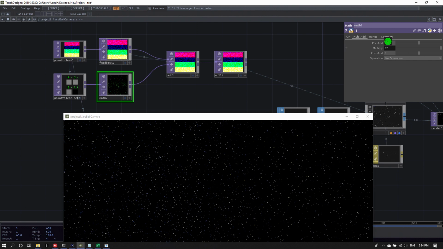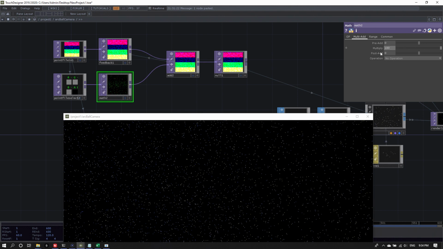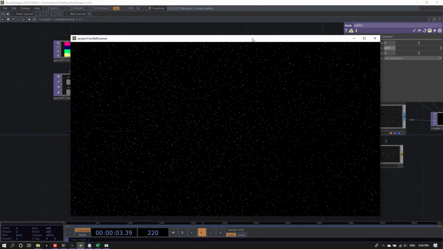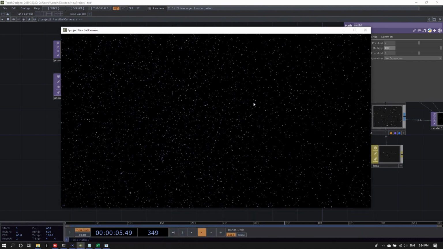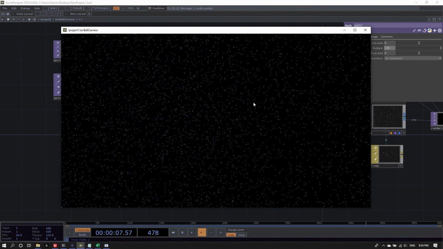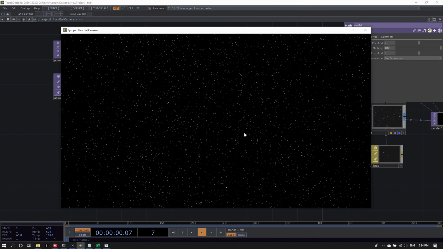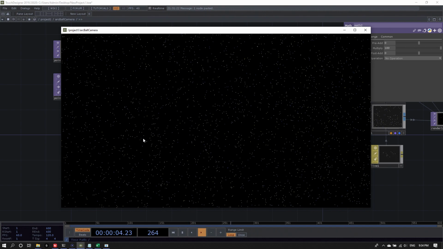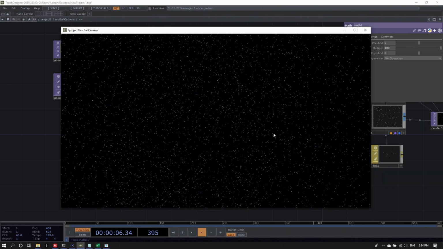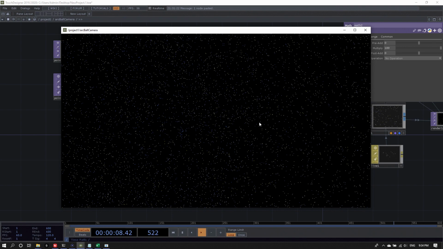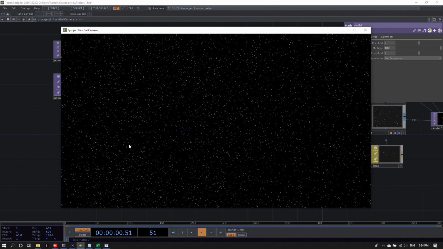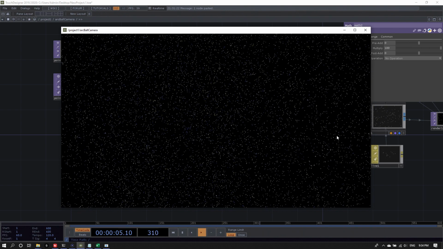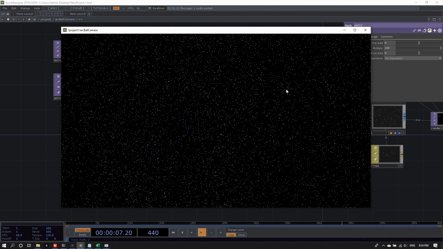Here, everything starts moving. Now have a look at this. This is basically multiplied by 100, which means every frame represents 100 years. So now we actually see some movement in the whole thing. Some stars are still very static, others are moving. So yeah, we are basically simulating the movement of the stars over the centuries.